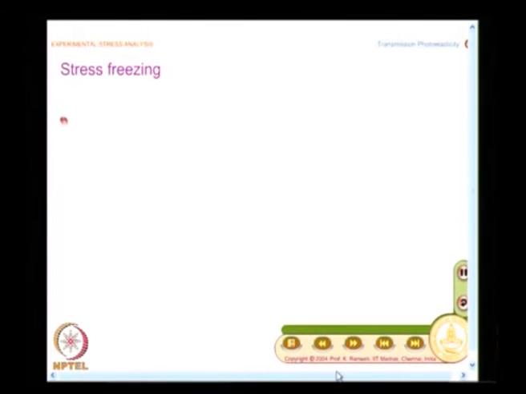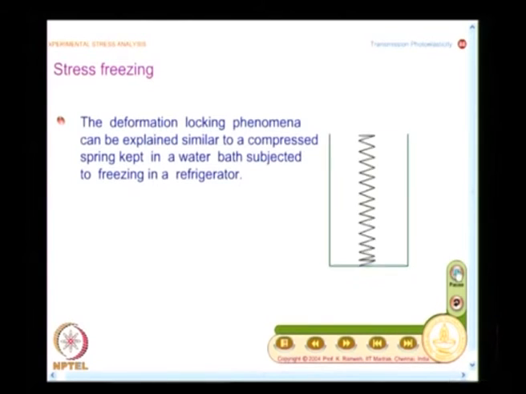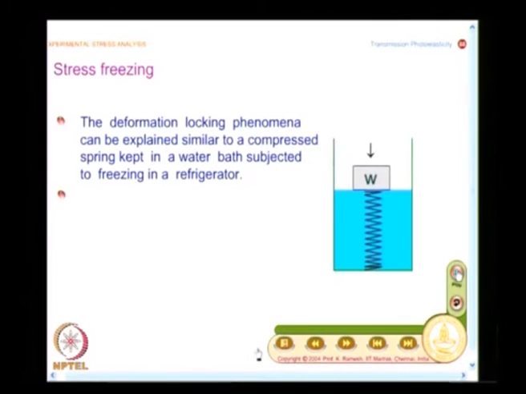And what I do here, this is what you have as stress freezing, and I said that I will give an analogy. So, what I am doing is I am taking a spring, I compress it and put it in water and keep this in a fridge. What will happen? I keep the spring compressed and I apply the load and I keep it in the fridge, and what will happen is the water will solidify and become ice, and it will prevent the spring from coming back. The compressed spring will remain compressed, and something similar to that happens in the epoxy also.